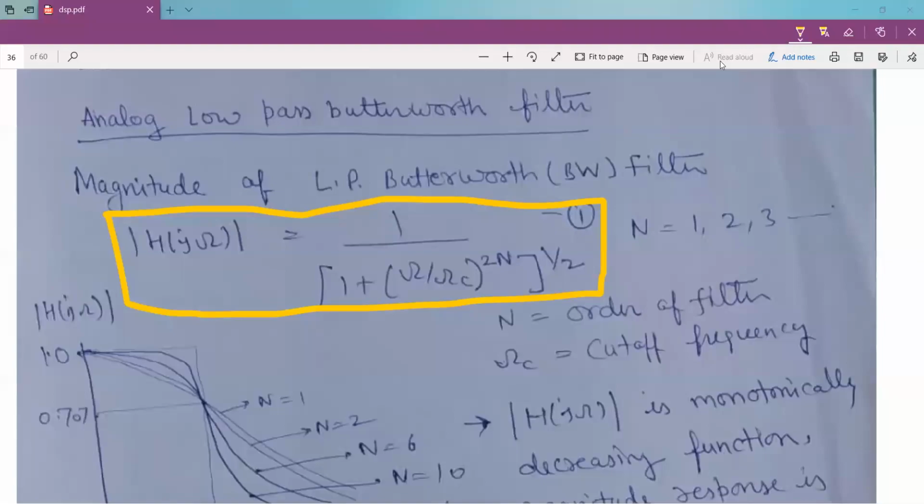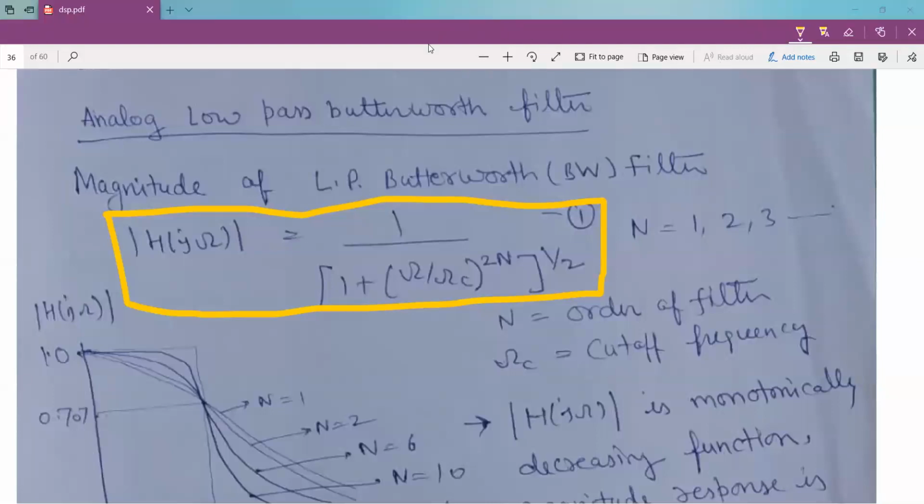Dear student, the first step in the process of designing an IIR filter is to design an analog prototype filter from the given specifications. So in this video, I am going to focus on analog filter design. Two types of analog filters are broadly used in literature. One is Butterworth filter and other is Chebyshev filter. So we have chosen here the Butterworth filter type to implement IIR filter design.